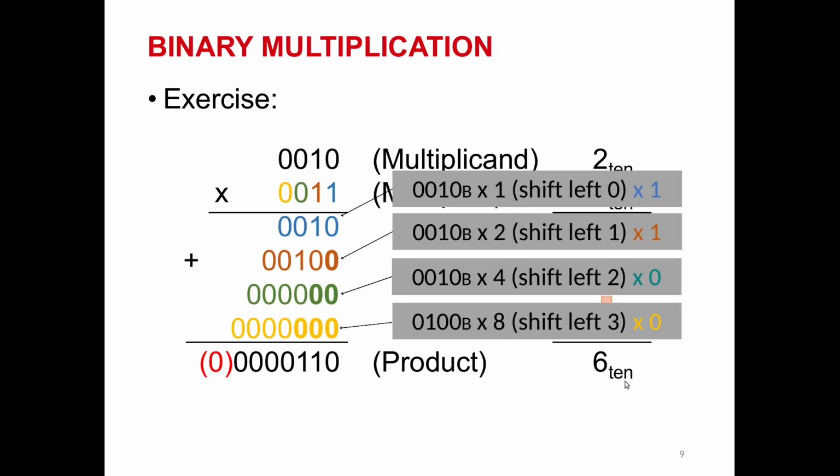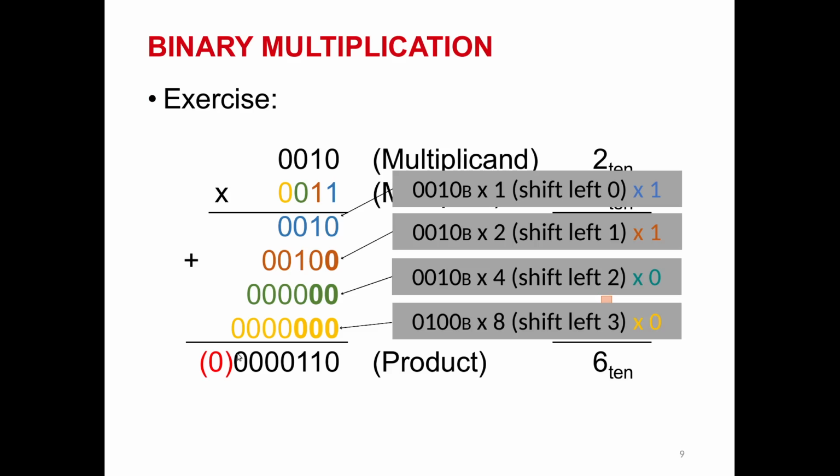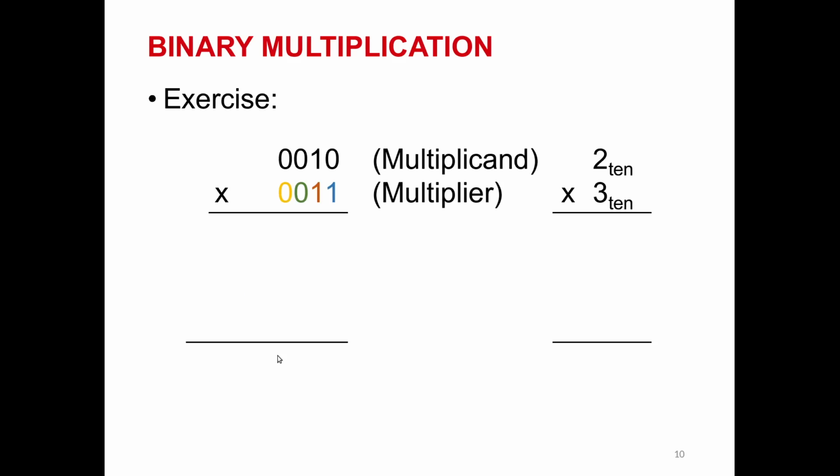And the question now is, should we do all these bits of multiplicand and write them down like this before we add them together to the product? We will answer it in the next slide. Here you can see that we don't need to do so. We can initialize the product by 0, and then right after each multiplication in one line we will add it to the product. How can we do so? Here you can see it.